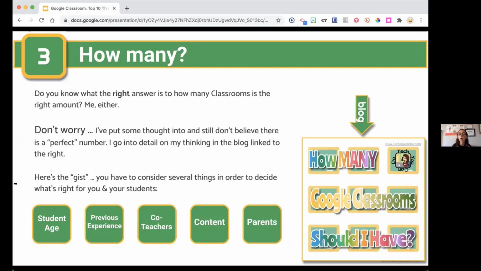But again, all of the work is still there. It's all in Drive, and the kids can attach things. It's a learning curve, but it can be done. And that kind of gets a little bit wonky, if you will. Okay, hopefully that helps. I know it's not a super easy, clean answer, but let's go back to how many